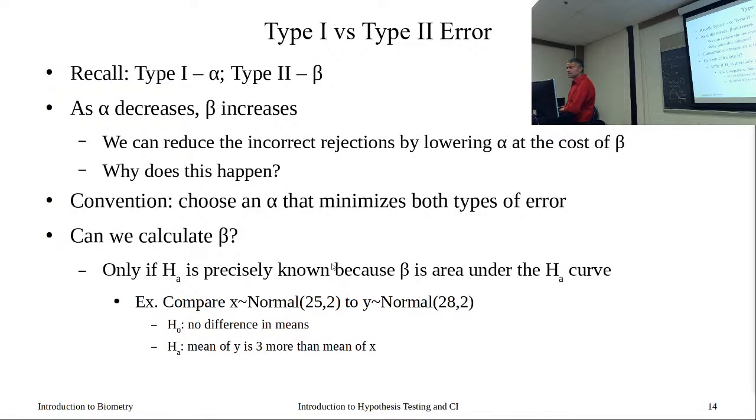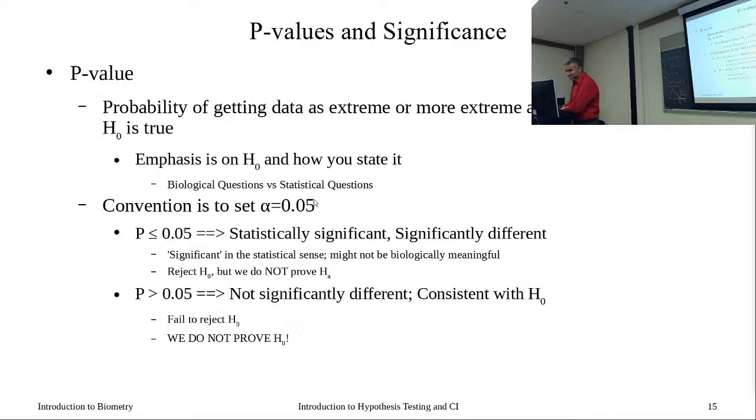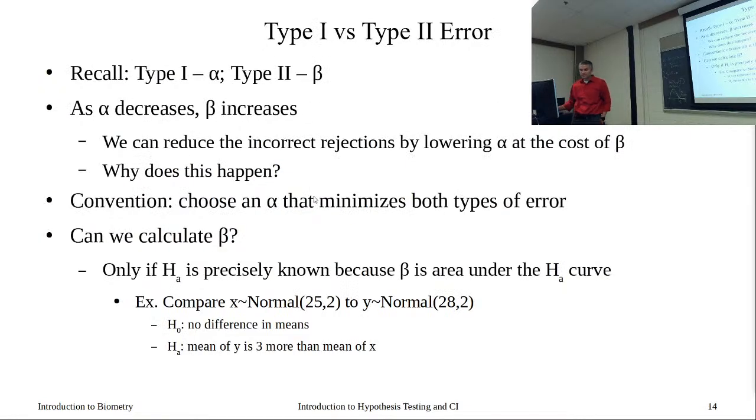Are we going to do that? No. I'm not going to ask you to calculate beta. I could have asked you to calculate alpha, but alpha's not calculated, right? It's defined. 5%. That's our cutoff. All right, so where does this p-value